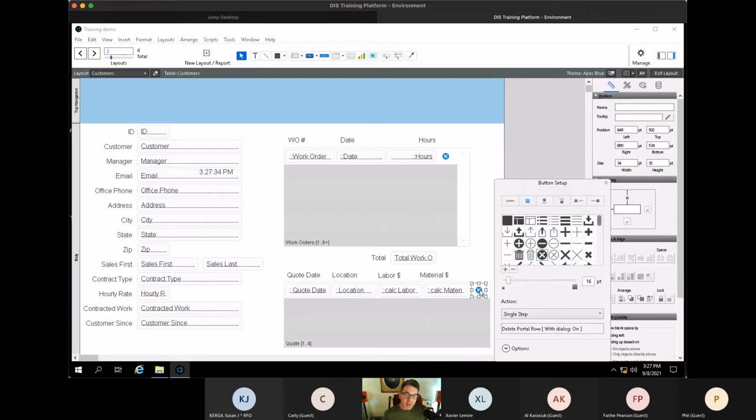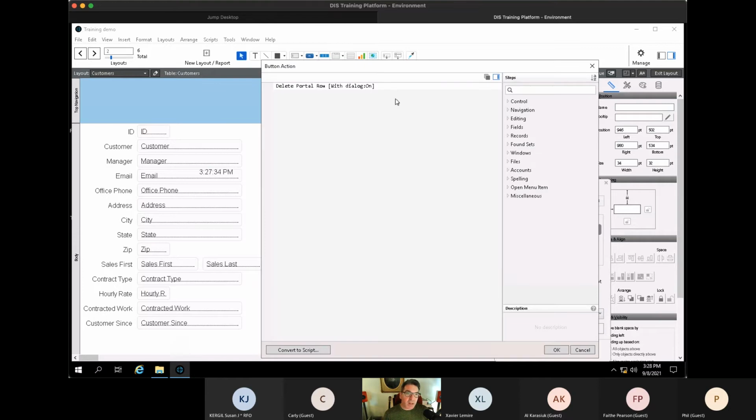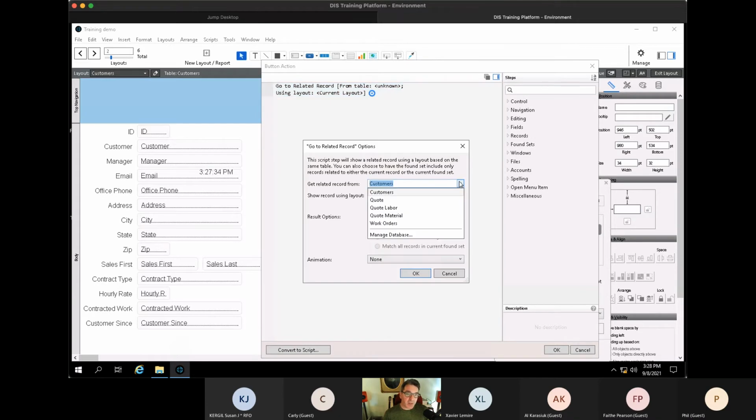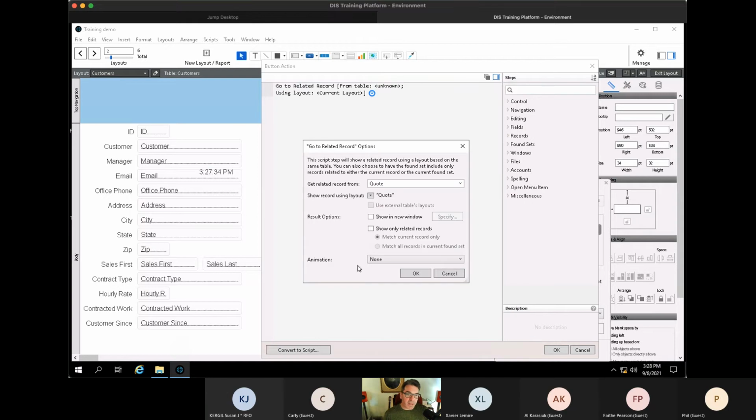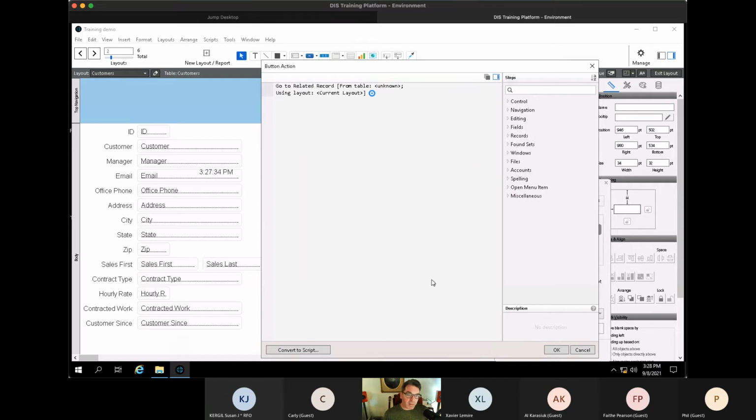So rather than having to delete on here, I'm going to change this to, I don't know, like a right arrow, and say single step, use a different calculation, which is going to be go to related record. And this will say, from this customer, go to the quote and use the layout, the quote detail layout, and show only the related record. And so with one little click there,